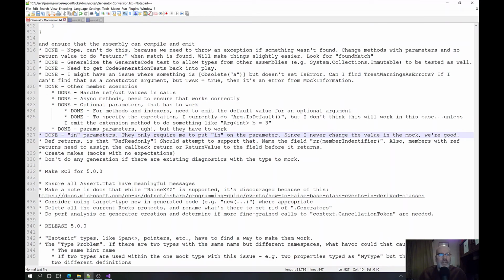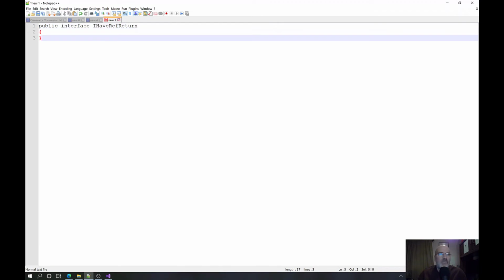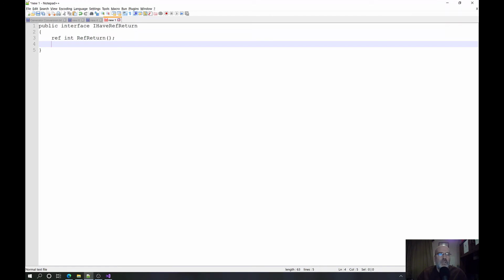Okay. And the next one, I think that one will be fairly easy, but ref returns. So this is, if I put up a little cheat sheet here, if I have public interface, I have ref return. And this would be for indexers as well. Ref int ref return. Don't care about the parameters. And ref int this int a. Okay. Now in this case,